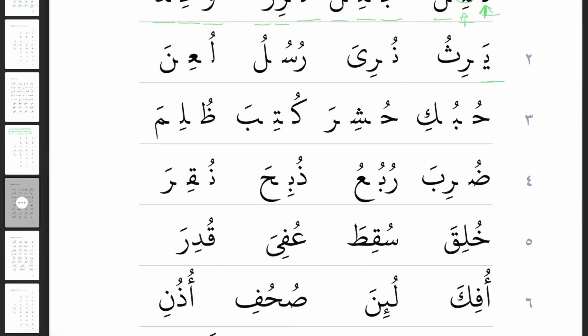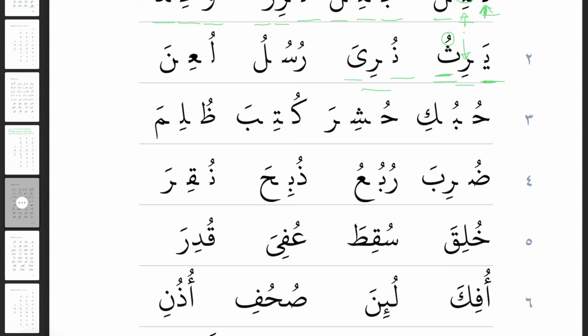Ya, ri, thu. So this was the 2 dot ya at the beginning with an a noise. So I got ya. Then I had the letter ra here, but it had a kasra, so it's light. So it becomes ri. And then the tha, the 3 dot tha at the end there with the u noise above it is thu. So ya, ri, thu. Let's move on. We've got nu, ri,